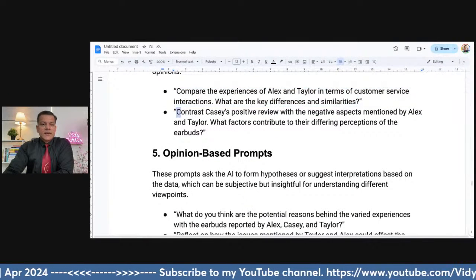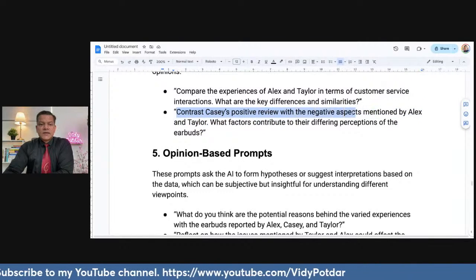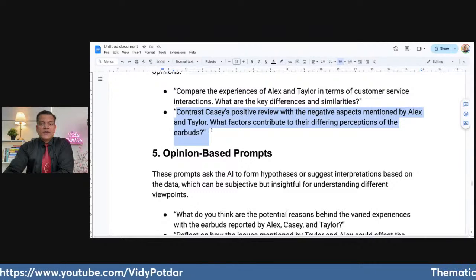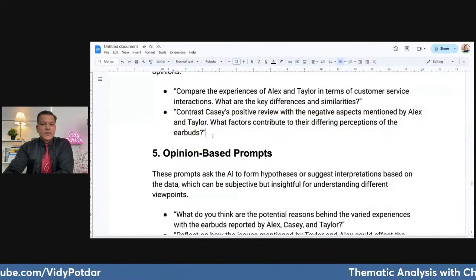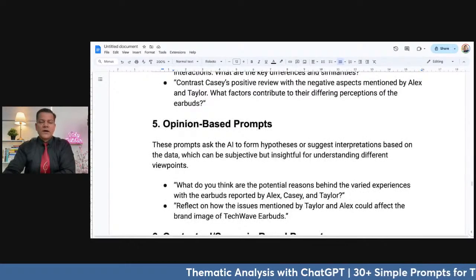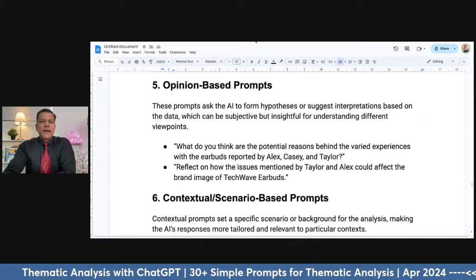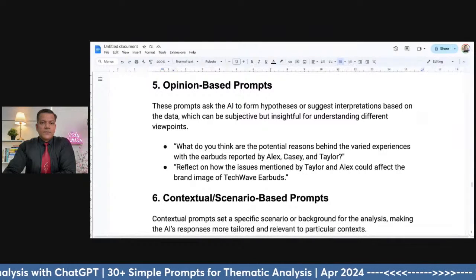So we can also say, contrast Casey's positive review with the negative aspects mentioned by Alex and Taylor. What factors contribute to their differing perceptions of the earbuds? You can run this prompt in your own time because you have it in the Google Doc. I will move on to the next prompt, which is prompt number 5,